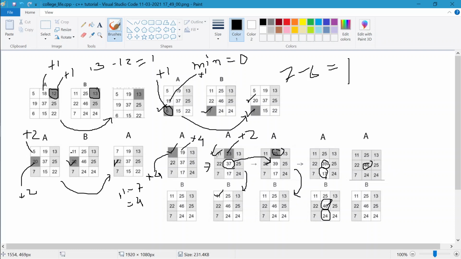So 46 cannot go in the 25 direction, not in this 25 direction, and also not in this 25 direction. So it can go only into this. Okay, so after adding 7 to both, if you add 7 in this one and also in this one, this array converts to this one, and this is completely equal to this one, that is the B array. So you will print the answer as yes.